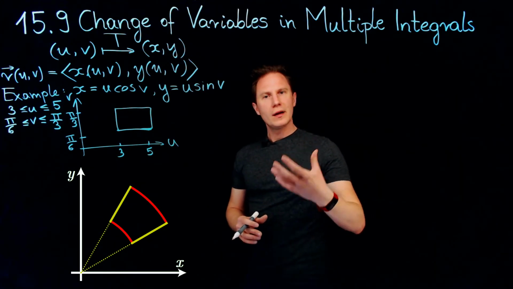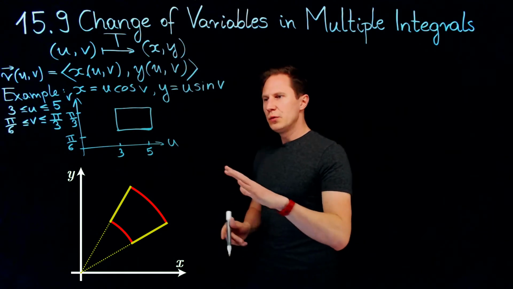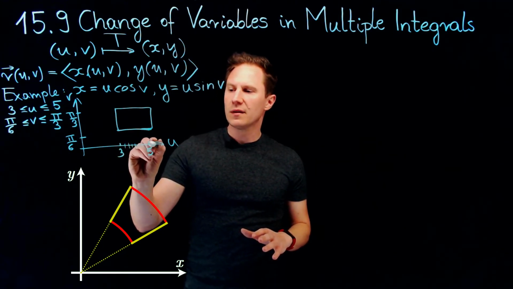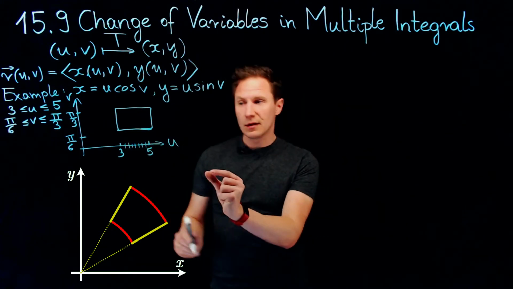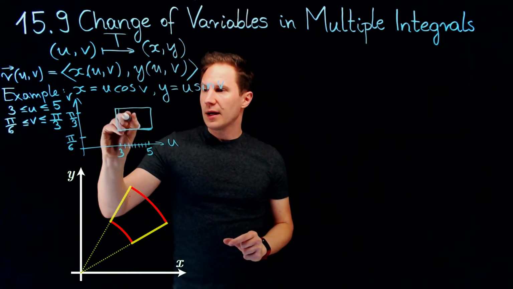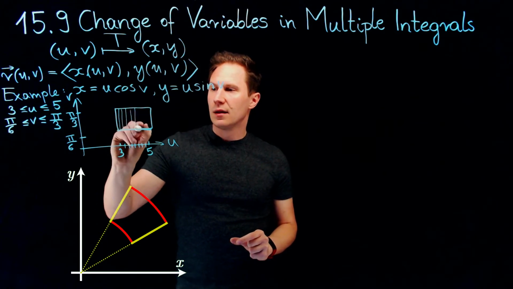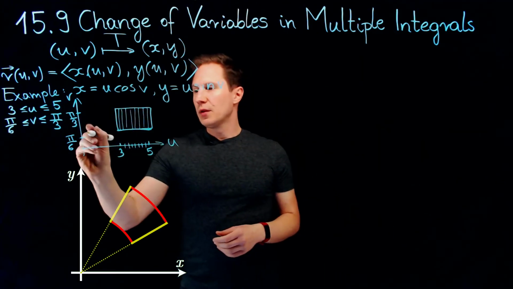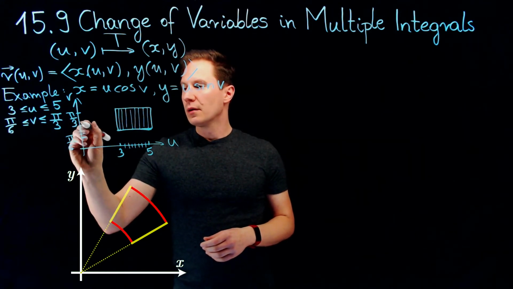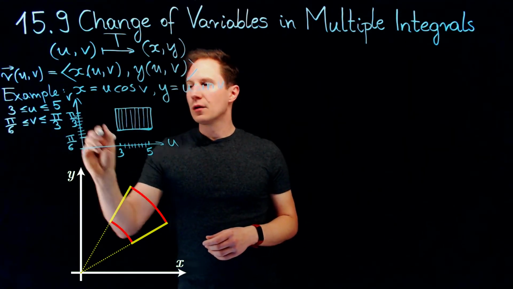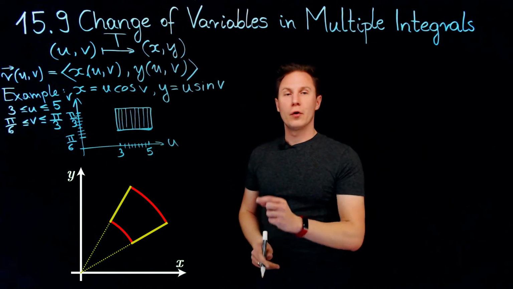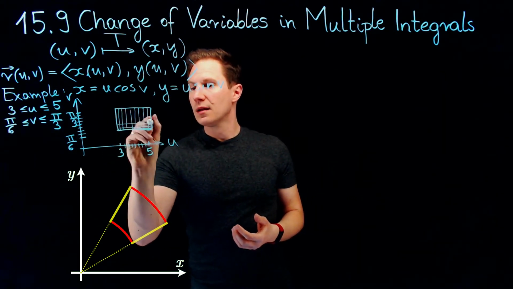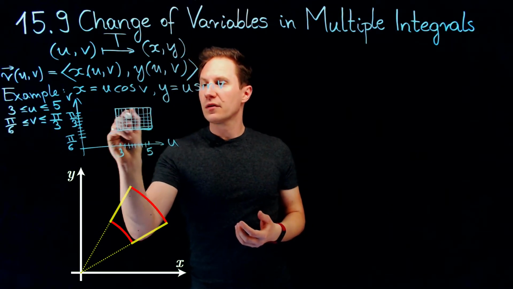And so when we define our double integral, we subdivide the u interval into small subintervals of size delta u, which means that our rectangle gets subdivided into these small strips, and then we subdivide the v interval into small subintervals of size delta v, which means that we obtain these small subrectangles